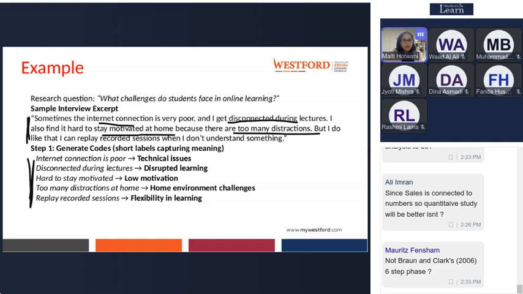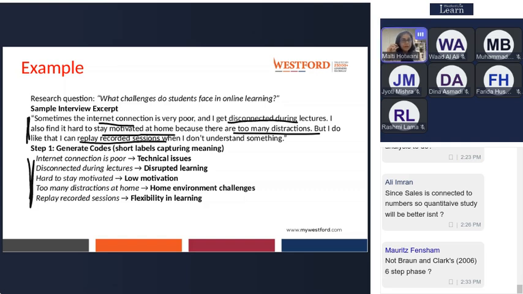Replay of recorded sessions helps them with flexibility. So these are some of the quotes that you can take out from these particular interviews. The majority of the field people will have these words repeated. So you will develop short labels categorizing quotes from all the 6 to 8 interviews and put them together.